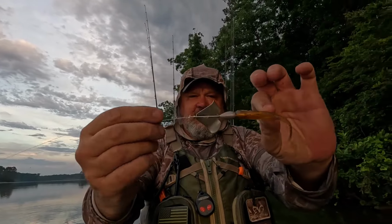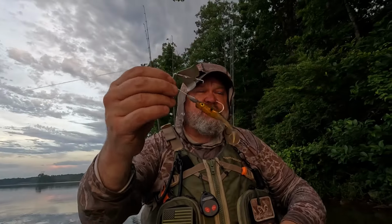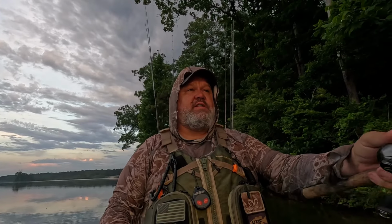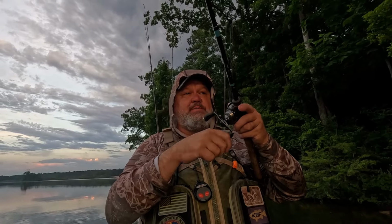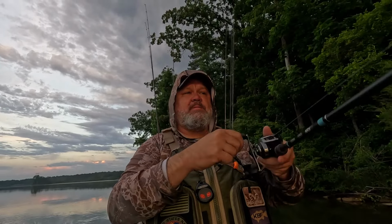And with these flatter, wider heads and the bigger hollow body, it has a little more surface area, which gives it a bit more lift, and it gets it up on the surface quicker. So when you make your cast, you want to feather it and be raising it, and then get on the reel. The second tip is you want to have your rod tip either up or off to the side,